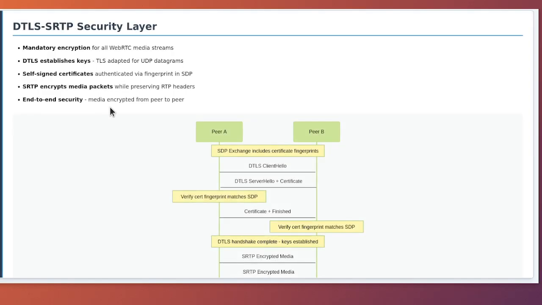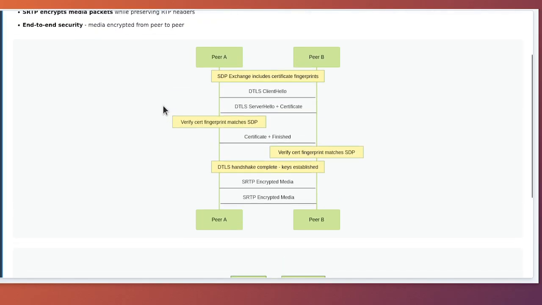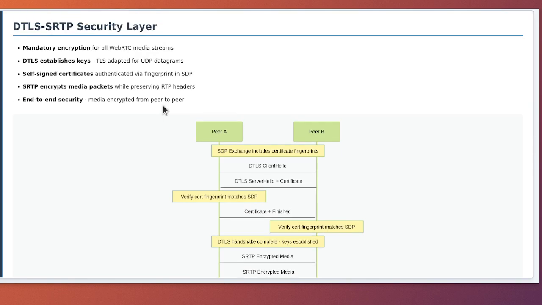DTLS-SRTP Security Layer. Security is fundamental to WebRTC, not an afterthought or optional feature. Every WebRTC connection uses DTLS-SRTP to provide encryption and authentication for media streams. DTLS stands for Datagram Transport Layer Security, and SRTP is Secure Real-Time Transport Protocol. Together, they create a robust security framework that protects your communications from eavesdropping and tampering while working over unreliable UDP